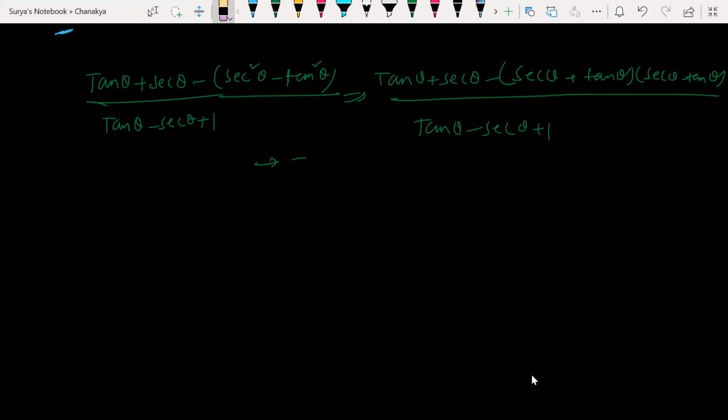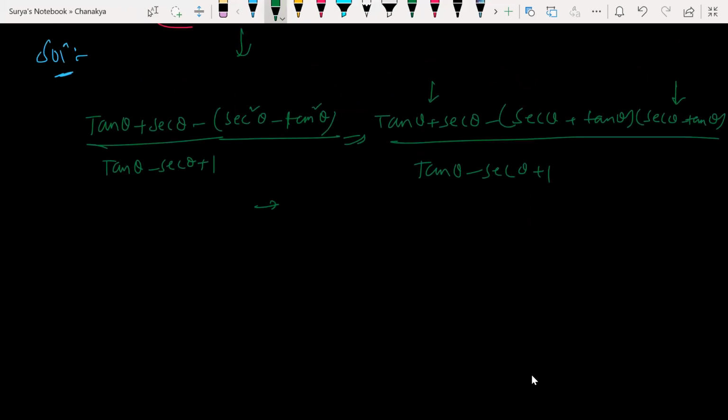Instead of doing it like this, now look, be careful here. Here we have tan theta plus secant theta, tan theta plus secant theta here. Can I take common? Yes, sir. So what would you get here? Minus secant theta minus tan theta. Here a square minus b square is a minus b into a plus b, right? This one I wrote as it is here. Is it clear, Srikar?